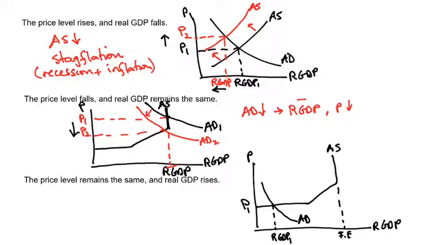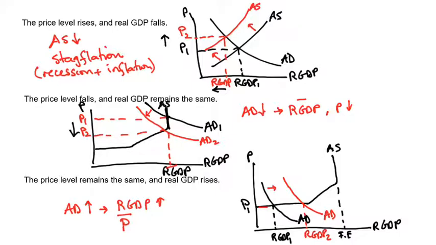In this case, if we increase aggregate demand, what happens? The AD curve shifts to the right. The real GDP will go up. At the new equilibrium, real GDP will go up, but the price level will remain the same